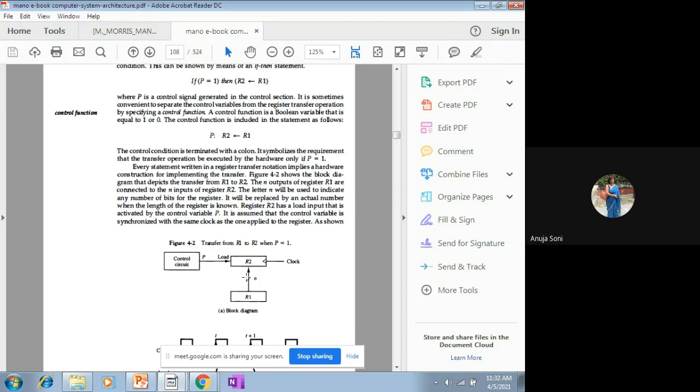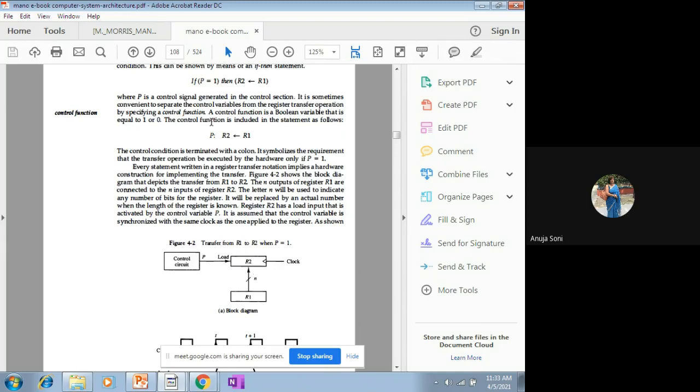Or otherwise, what you can do is draw one arrow and diagonally draw one small line over it, and write down that many bits will get transferred from R1 to R2. So this is the way. If you draw a diagonal line over the arrow, it will signify that all n bits, whatever the number you write down, will represent the capacity of the register, the size of the register. So that means all n bits will be transferred from R1 to R2. This is how to represent the transfer statement with the help of the graphical notation.